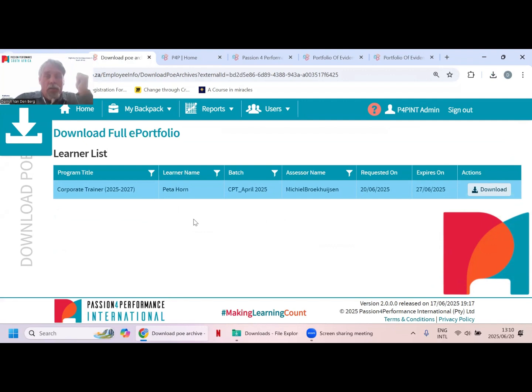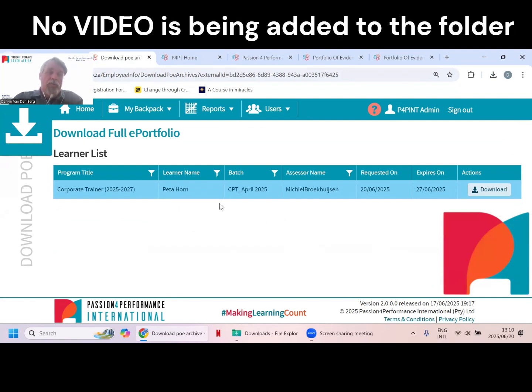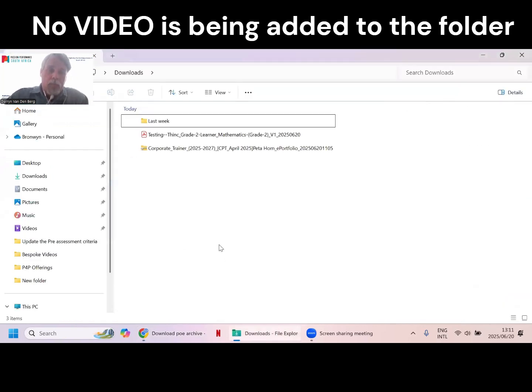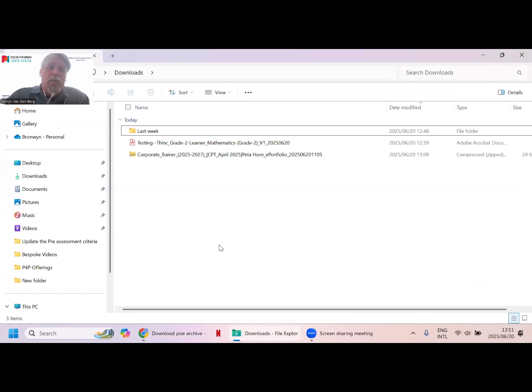So again, you can prepare. If I think back to Mario, when you had 85 people on one program, you could literally see all 85 folders here in a nutshell. Okay, in my downloads folder, what you now see is